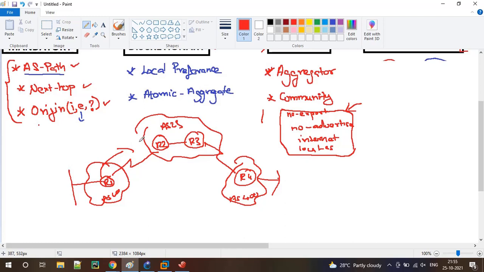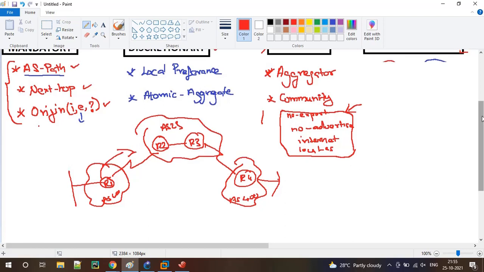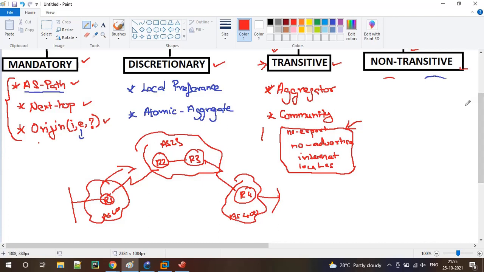If it is, then those are the attributes that I consider optional transitive.